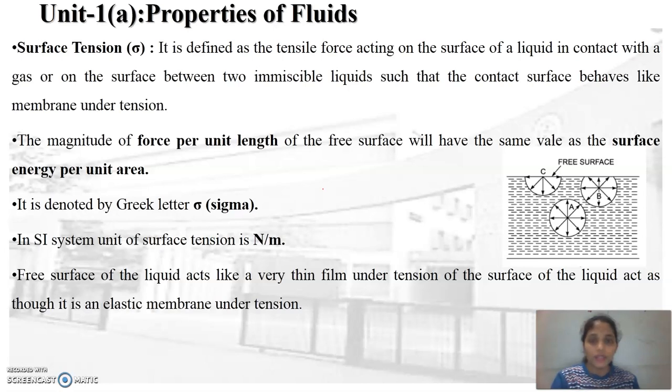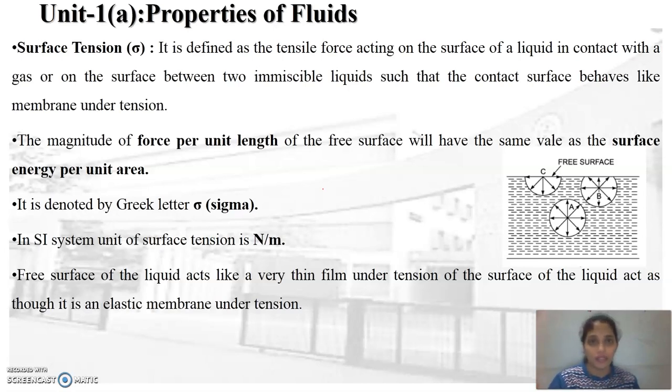If any body is in contact between such liquids, then the liquid surface behaves like a membrane under tension, and therefore in such a case surface tension is acting on the body. Surface tension is nothing but the tensile force acting over the unit length. That means whatever the contact surface is there, when such a body comes in contact, tensile force is acting on such a liquid surface, and therefore tensile force per unit length can be defined as